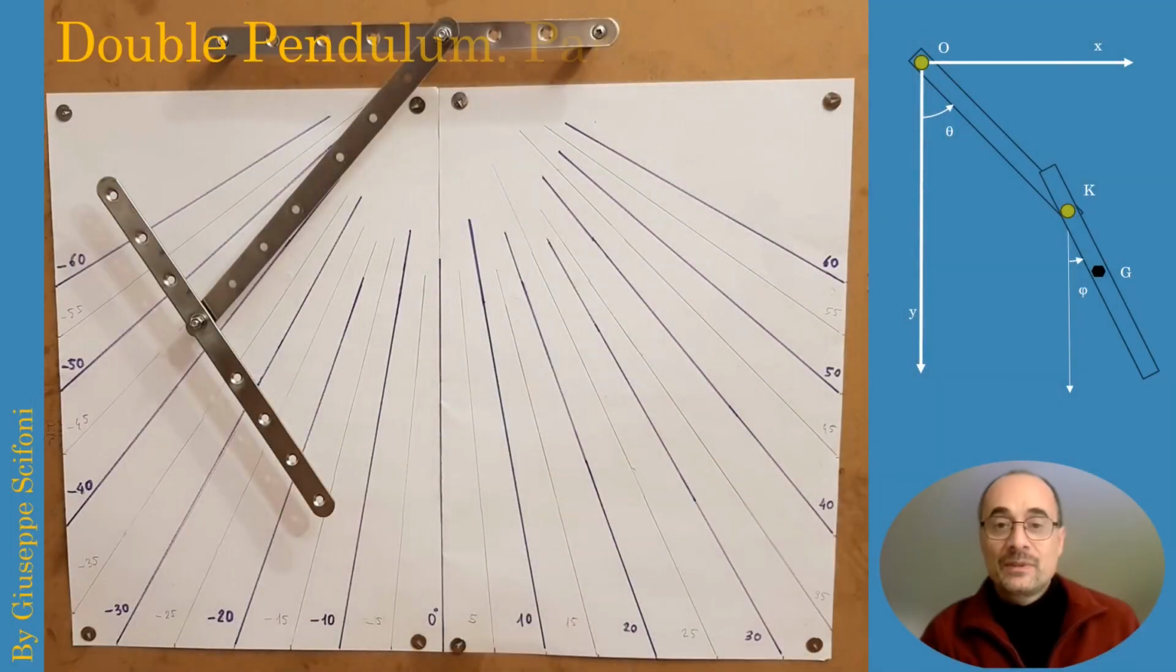Dear friends, in this video we study the behavior of a special mechanism called double pendulum. As represented in the drawing, this mechanism is made of two bars. One swings on a fixed pivot and the other swings on the first one. The system has 2 degrees of freedom represented by the angles and is only affected by the gravity force, apart